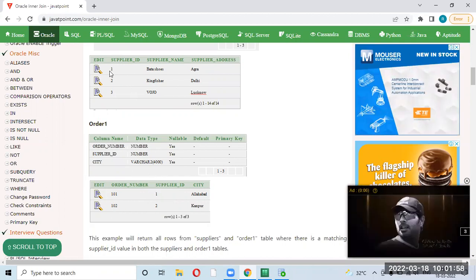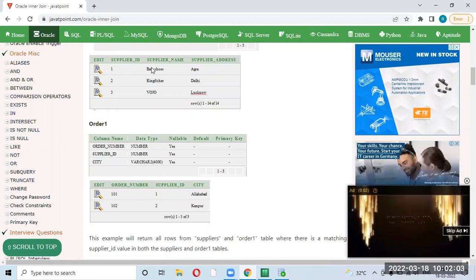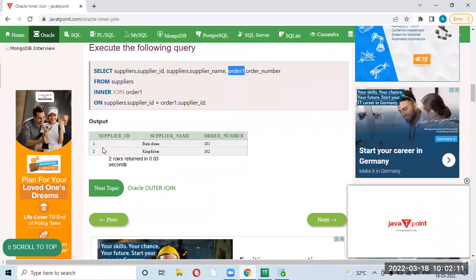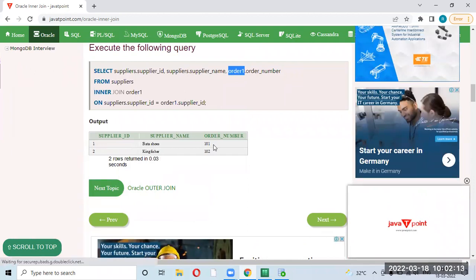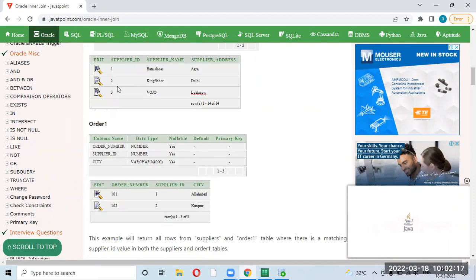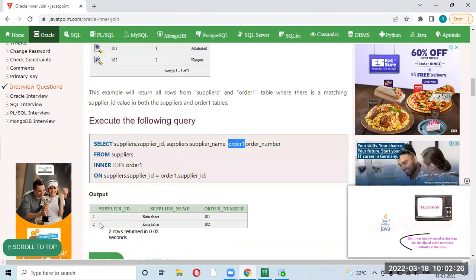So your output will be supplier ID 1, supplier name Bata shoes, and order number 101. Then supplier ID 2, supplier name Kingfisher, and order number 102.